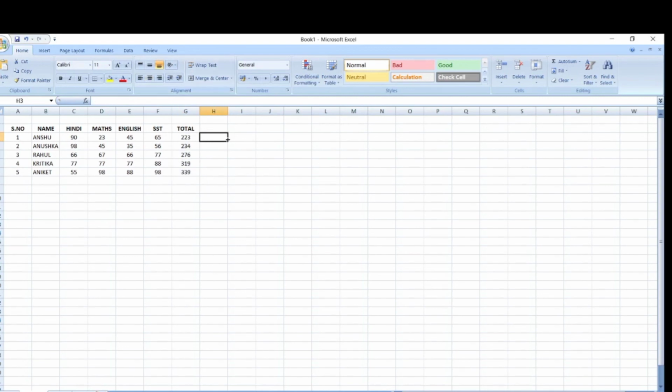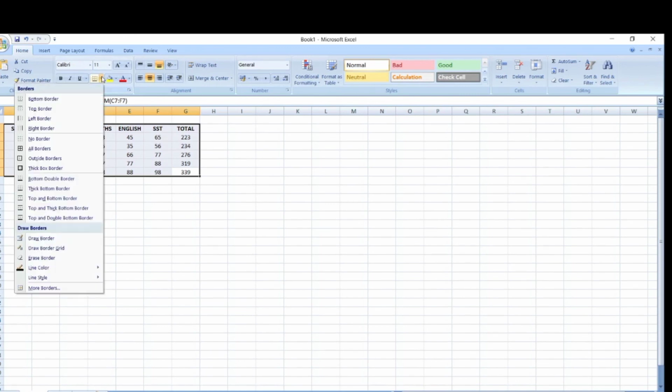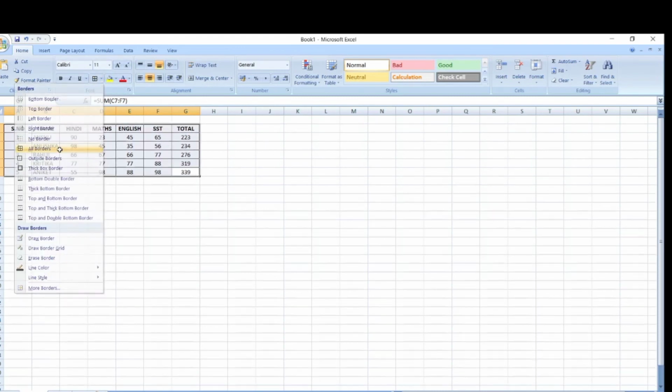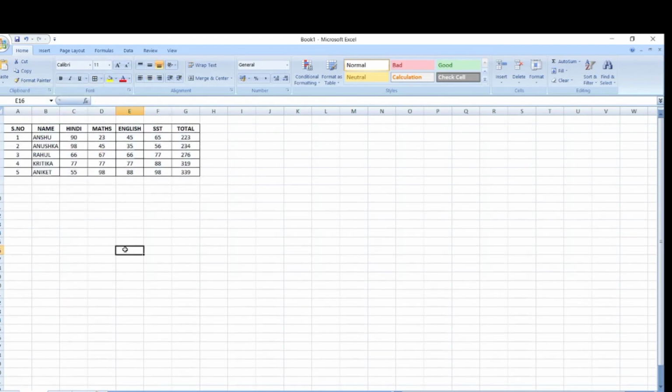If you want to align it, or if you want to give a border around this, you just have to click here under the font group, apply the thick border, and after that do one more thing, the all borders. Here your table of marks is calculated, and it's also ready.